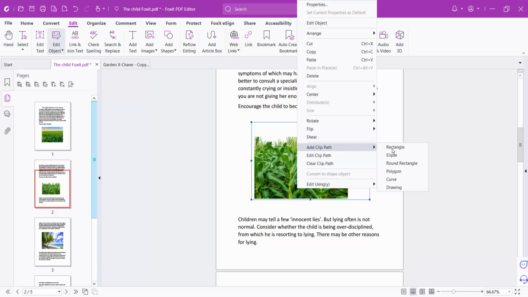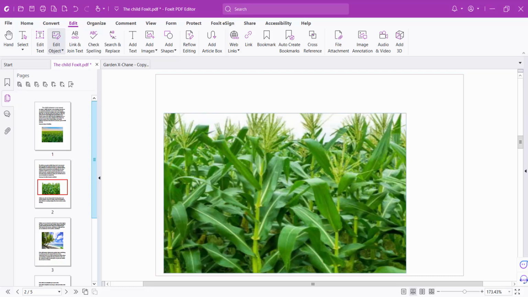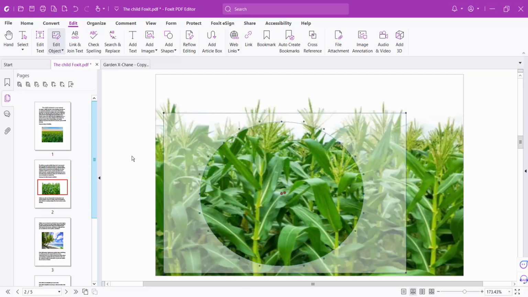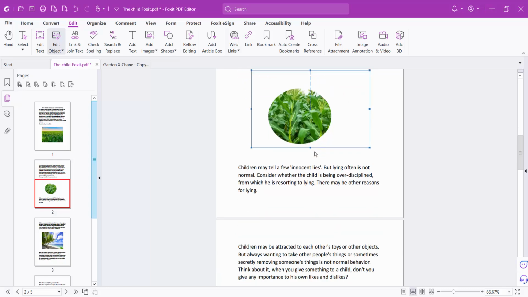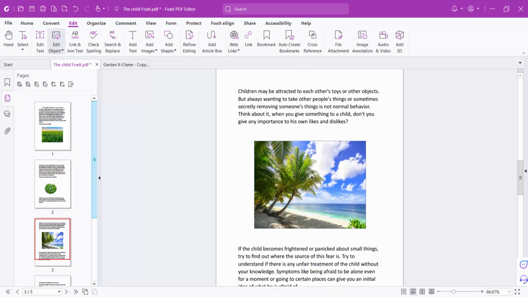Click this path and select ellipse and draw a circle shape and see this. Now double click outside of this image and see this round shape now created, and similarly also I'll click this